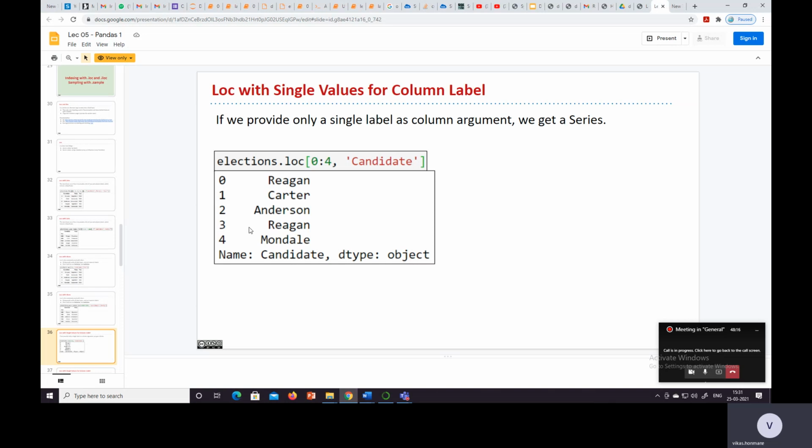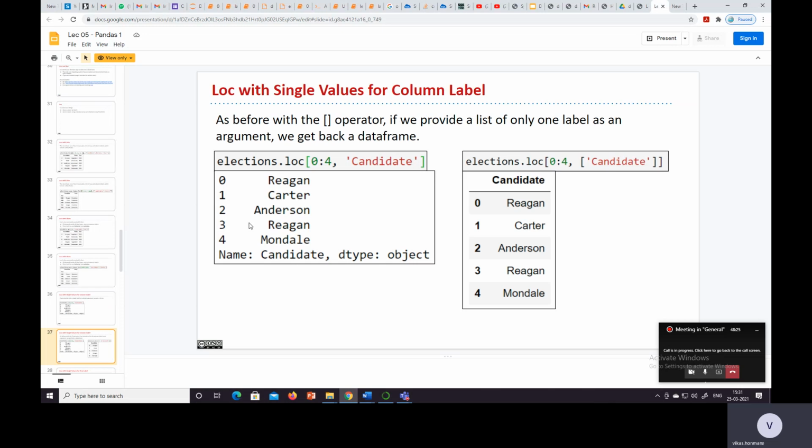So this can be a possible question for the mid-sem exam: what we get for loc with a single value for a column label. If we only mention the label like we did previously, we get a series.